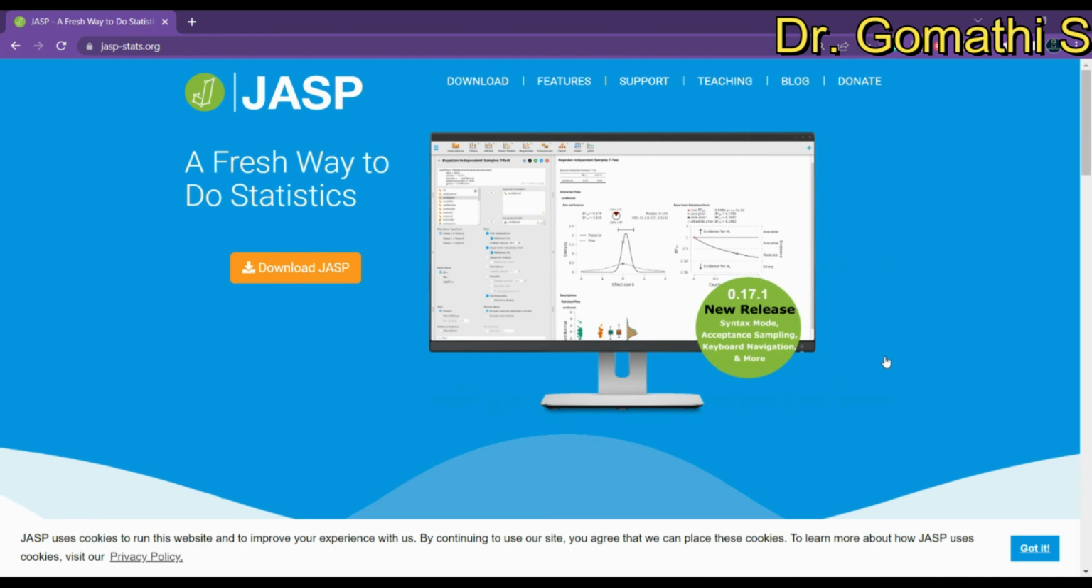So, what are the advantages of JASP? It's free and open source, has a user-friendly interface, offers a wide range of statistical analysis, provides basic testing, hypothesis testing, ANOVAs and regression analysis, and can handle data of different types and sizes. So this is the advantage of JASP, and that is why we are going to see how to download